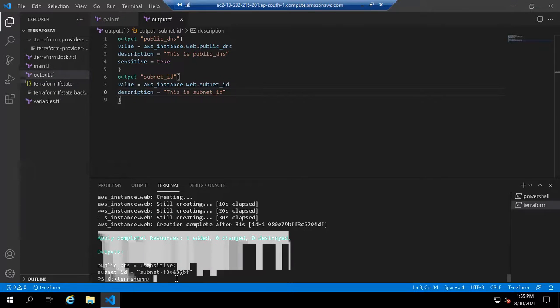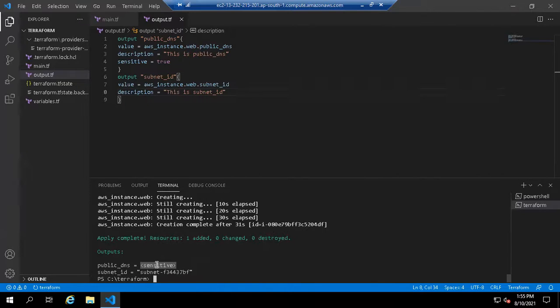So see, here is the value. So value is sensitive. That means it stopped printing sensitive information.